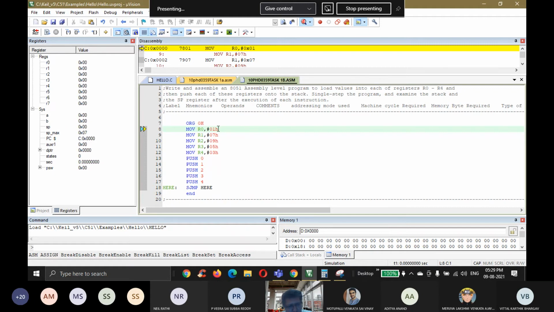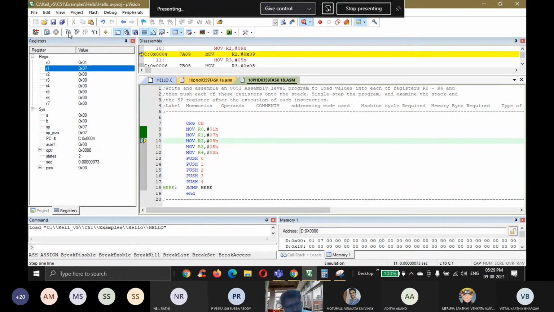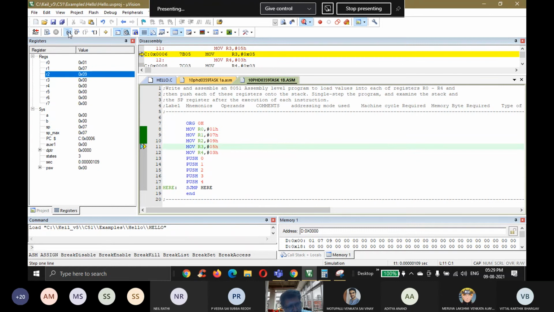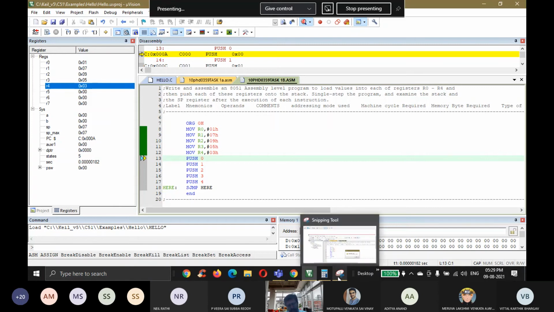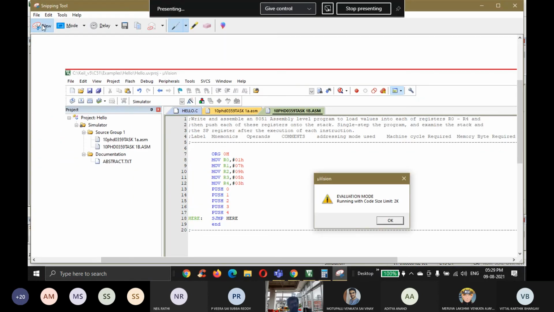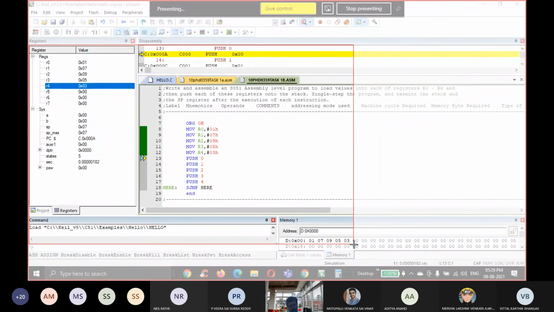Okay. So MOV R0, #01H. First operation, you can observe R0 is 00 before execution. Now it is 01H. Second operation, 7 is loaded. Third operation, 09 is loaded. Fourth operation, 05 is loaded. Fifth operation, 03 is loaded. Now push that particular value to the stack. So PUSH 0. Before doing that, you can observe the D colon. You can see what is affected is displayed here, and it is available in this D colon.